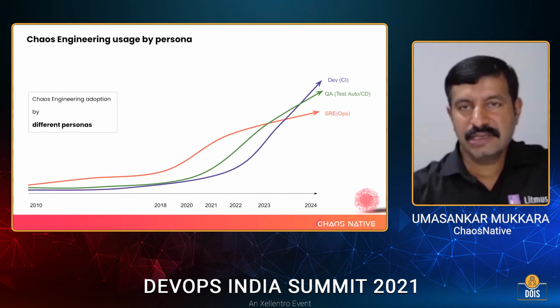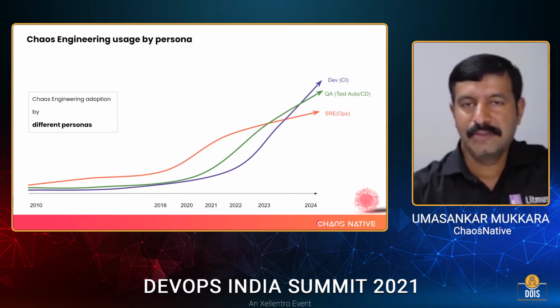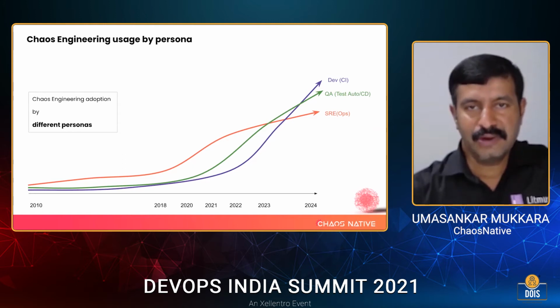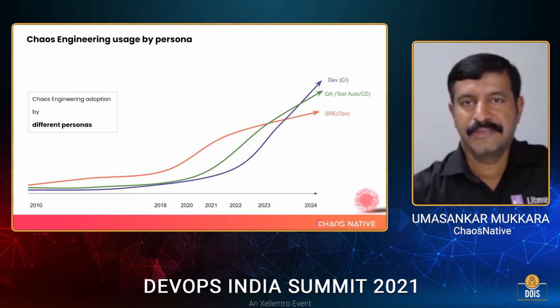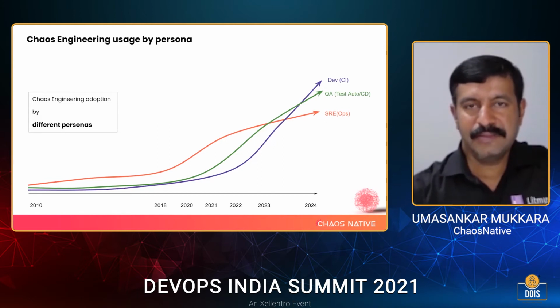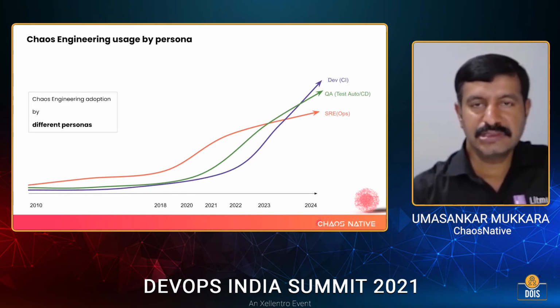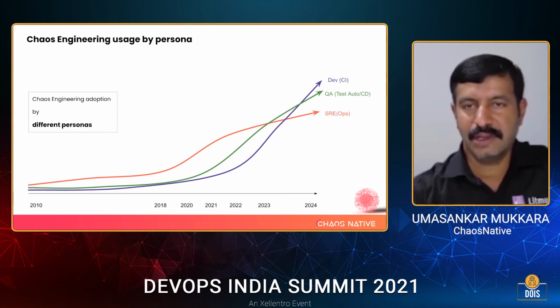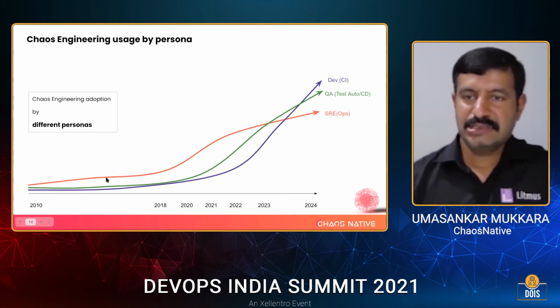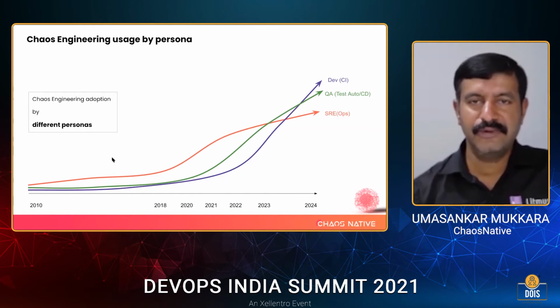So chaos engineering has been mostly for SREs till now or a year ago, but we are already seeing QA teams picking up chaos engineering as a way to improve their quality metrics, and we will soon see more developers coming forward and looking at chaos testing their code at the build time. Right. So over a period of time, because of the sheer number of developers, I foresee developers using chaos engineering more than either QA or SREs. Right. That's of course my prediction, and we need to wait for a couple of years to see what goes on.